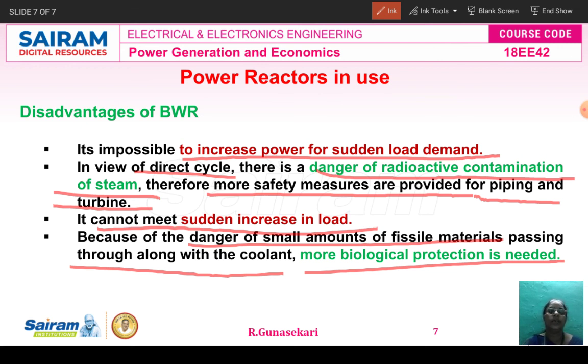Dear students, under this topic, the question will come as: with a neat sketch or neat diagram, explain the BWR, the boiling water reactor. Then you can draw the diagram. You can explain the control rod, moderator, coolant, fuels, steam turbine, alternator, and then the operation, advantages and disadvantages. Minimum mark is 6, maximum mark is 8. Based on the mark, you have to write the answer for the question.